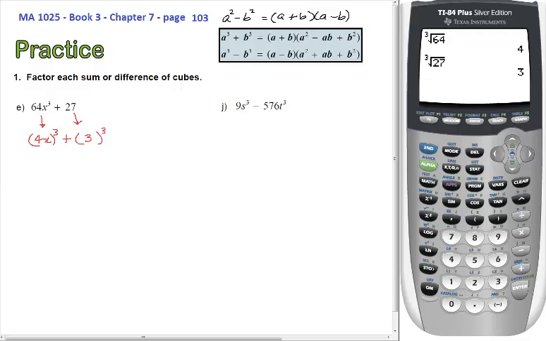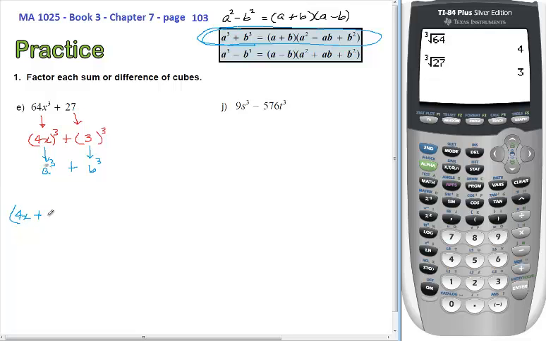And that's the trick, because now 4x is a. Okay, so 4x becomes the a, and 3 becomes the b. And you just follow that pattern. So let's look at the pattern up here now for a cubed plus b cubed. First it's a plus b. Now what's a? Remember, a is 4x. So it's a, which is 4x, plus b, which is 3,